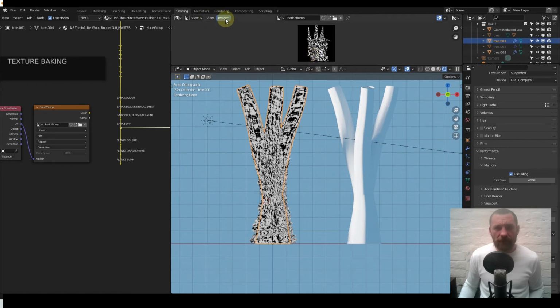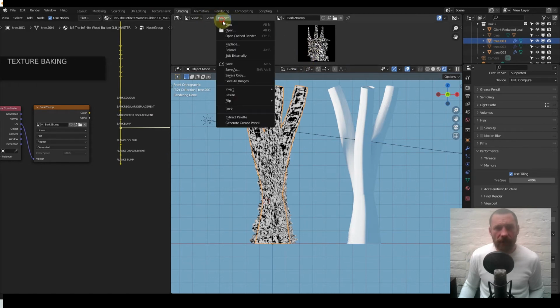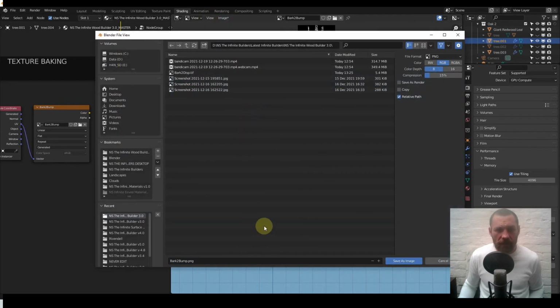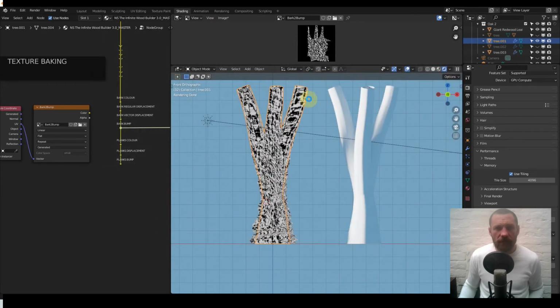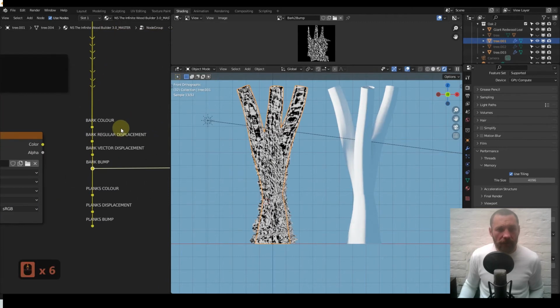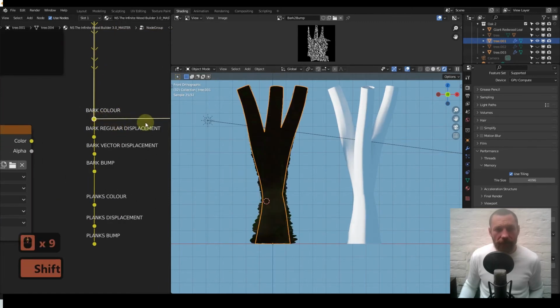But I didn't save this first. So the bark bump that we just baked, save as, bark bump, and again I'm going to do a TIFF, save as. Okay, now we want to Control Shift click bark color, and the same again, click the cross,